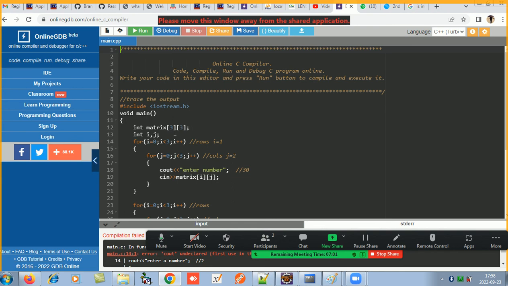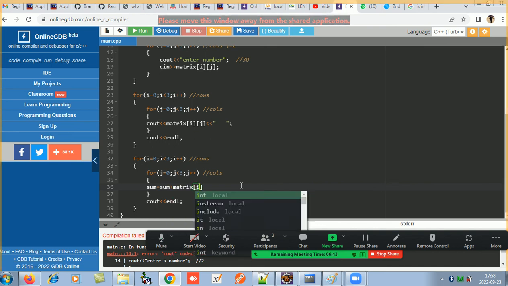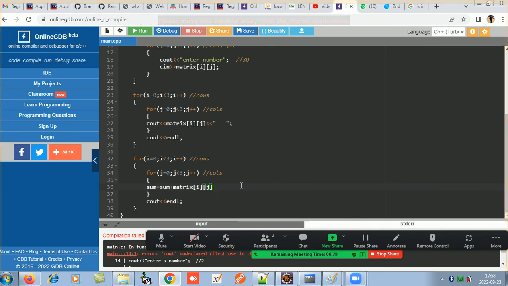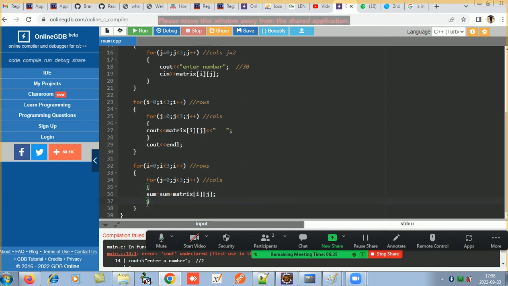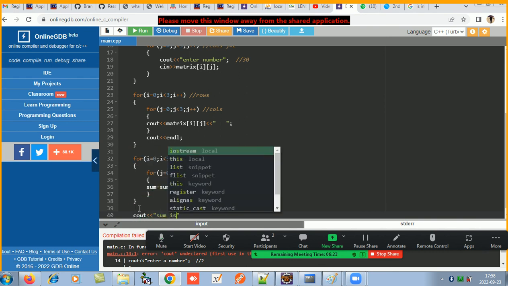After the display, we will take one variable by the name sum. We will initialize it to 0, and then sum equals sum plus matrix of i j. Now you get the sum, and after we get the sum we can display the sum. Sum is